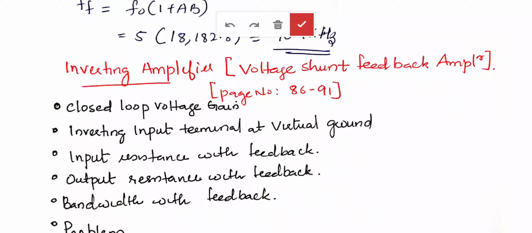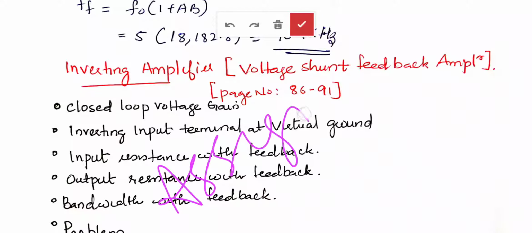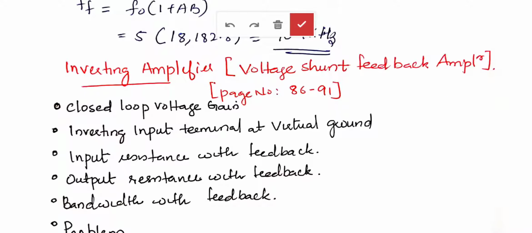This is your one assignment under module 4. So all of you have to write this assignment. You can find this assignment in the Gaikwad textbook, that is Linear Integrated Circuits and Operational Amplifier by Ramakant A. Gaikwad. In that textbook you can find this topic, from page number 86 to 91. I am speaking about the 4th edition. That PDF I have already sent you, so you can use that and write the assignment. From page number 86 to 91 you have to write down.